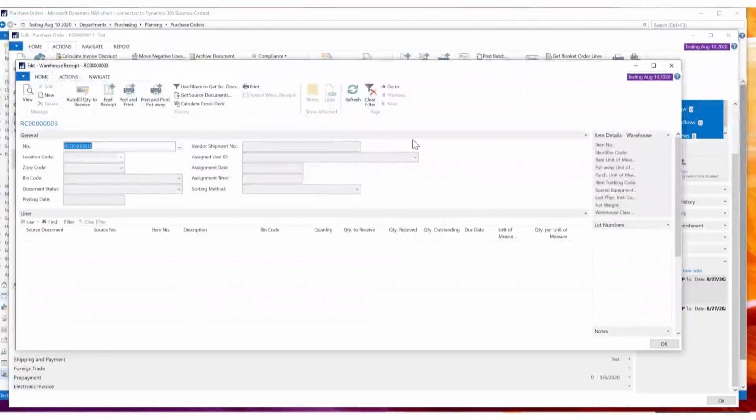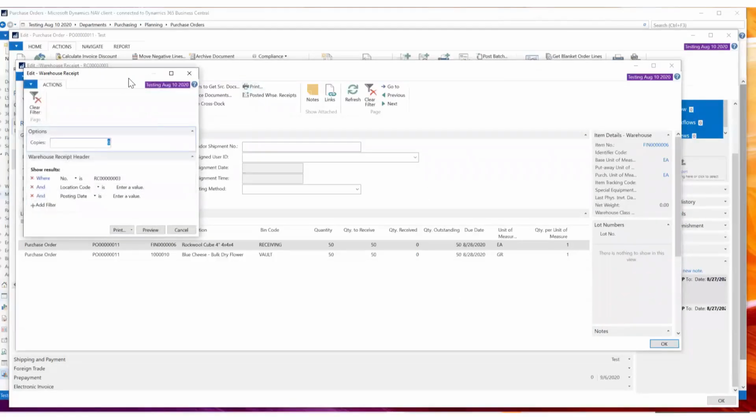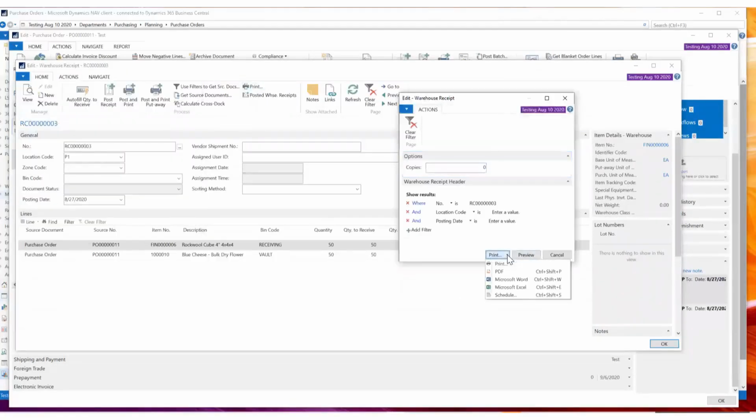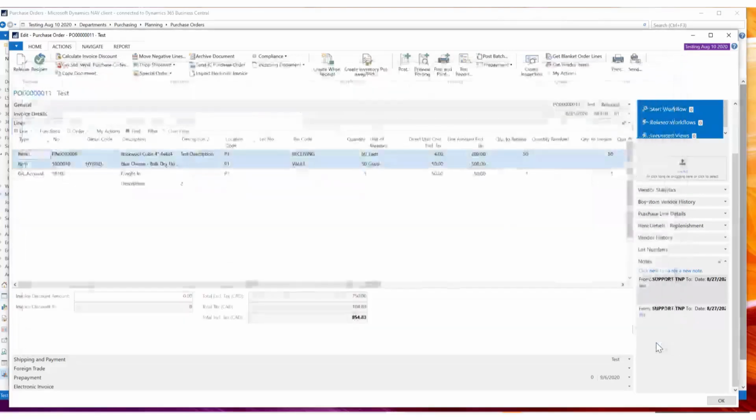As I said, I can print this in the back. That way they know what's coming in and what to expect. At this time, I can close it, just say okay after I print it. Remember, when we print, all the printing screens are the same. I can preview it. I can take it to a PDF, Word, Excel. What do I need, or do I need to take it to a printer? At this time, I'm not going to receive the goods because maybe the person in the back is going to receive them. So I'm just going to say okay. And I've created the